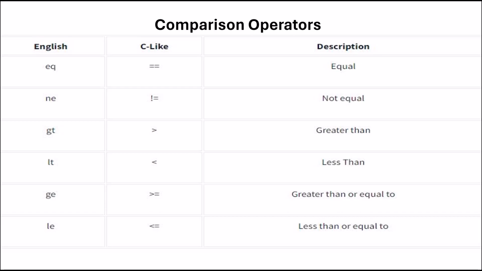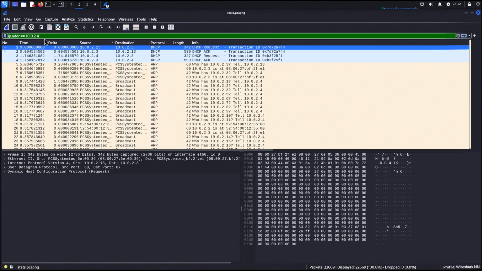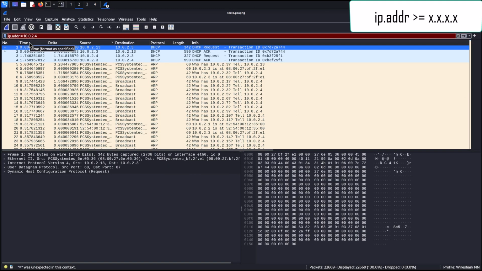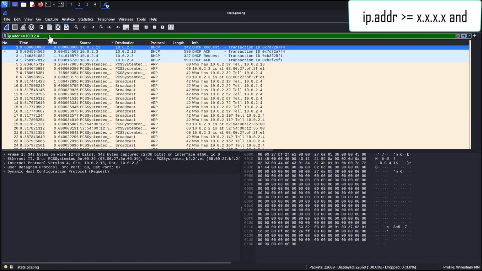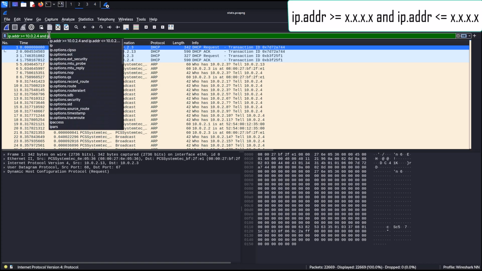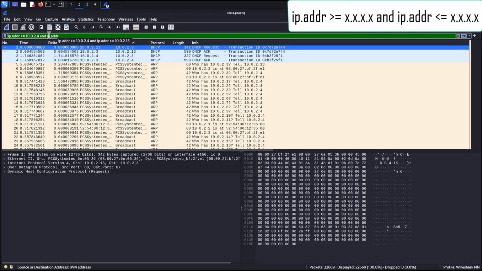So now let's move back into the IP range. For a range, we're gonna do something really similar, but instead of equal, we're gonna do greater than or equal to 10.0.2.4, right? And we need to add on the word and, of all things. And then you're gonna do IP address, and then we need to put in less than or equal to